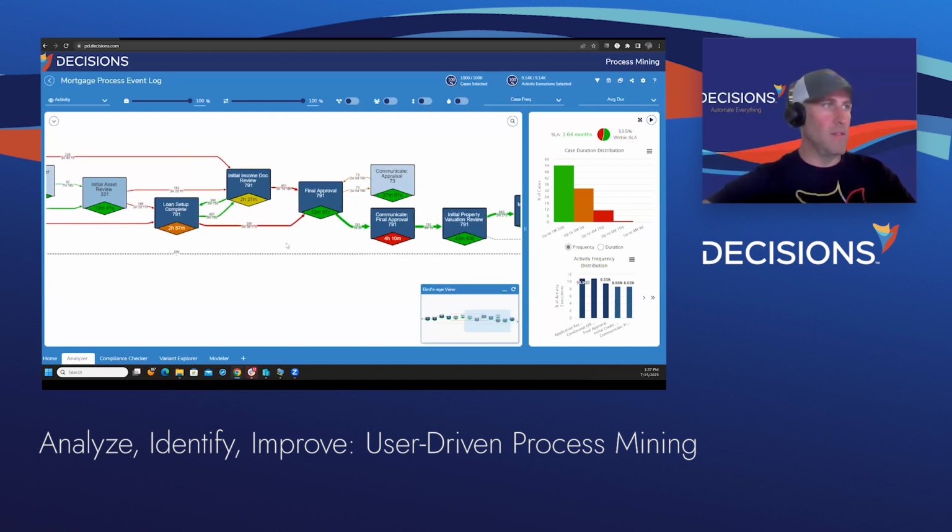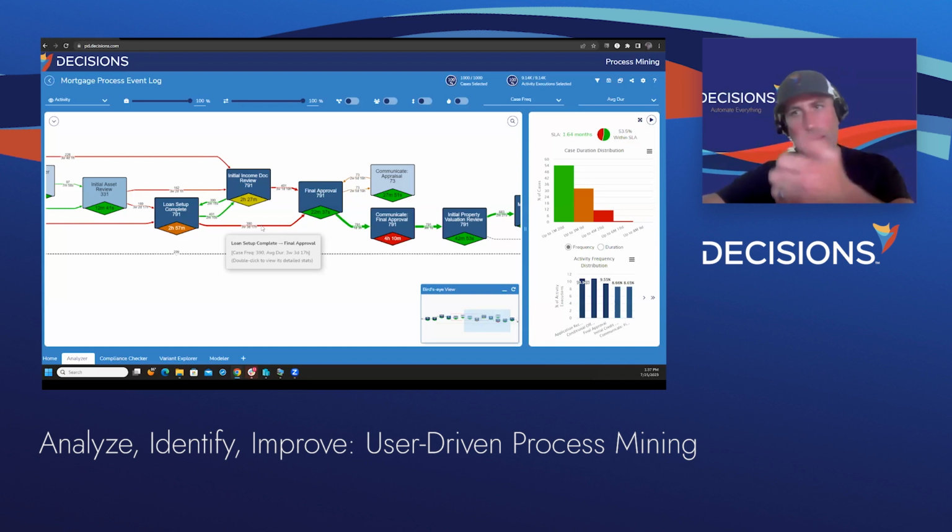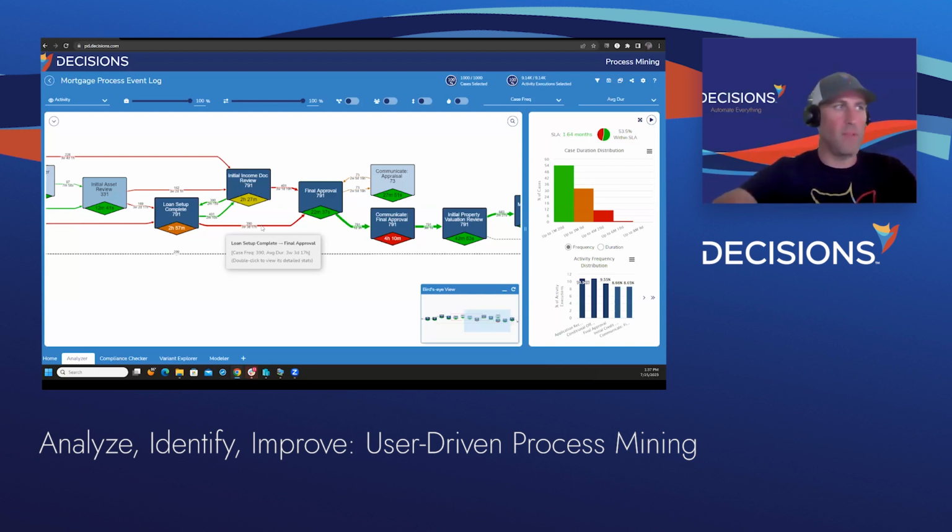Before I do that, let me just explain what these lines mean. These are what the tool calls handovers. It's that transition between the activities. And to be very transparent, I spent over a decade in this space doing time and motion gap analysis, sitting around with a clipboard and a stopwatch, right? Wanting to understand from users how long it took to do a loan setup. Why are you typing that into that screen? Why do you have five screens, or why are you doing everything on a piece of paper? And then after they're done, I think I missed the transition between the activities, because essentially we can see here